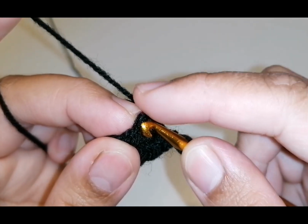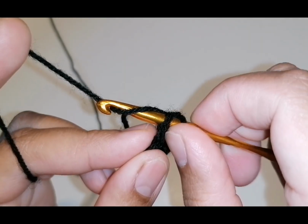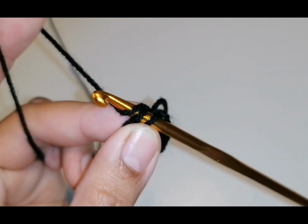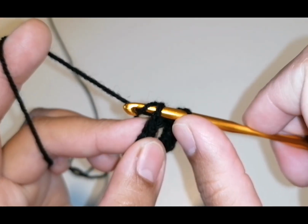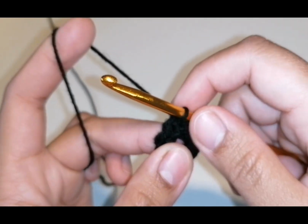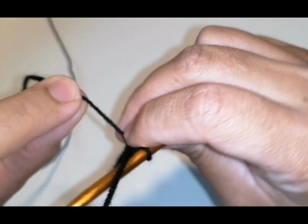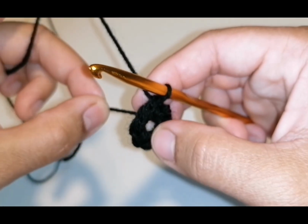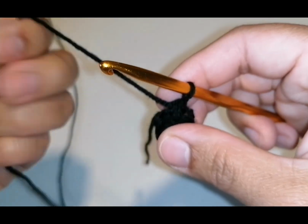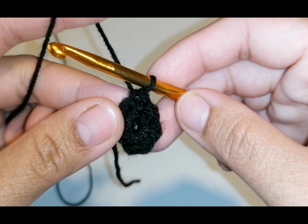you made. Okay, you see, I'm going to insert the hook there and do a yarn over and slip pull it. Okay, that's it. All right, so you see there's like a hole in the center. You just need to pull that other side of the yarn, okay, to seal it, to close it. Okay, for now,